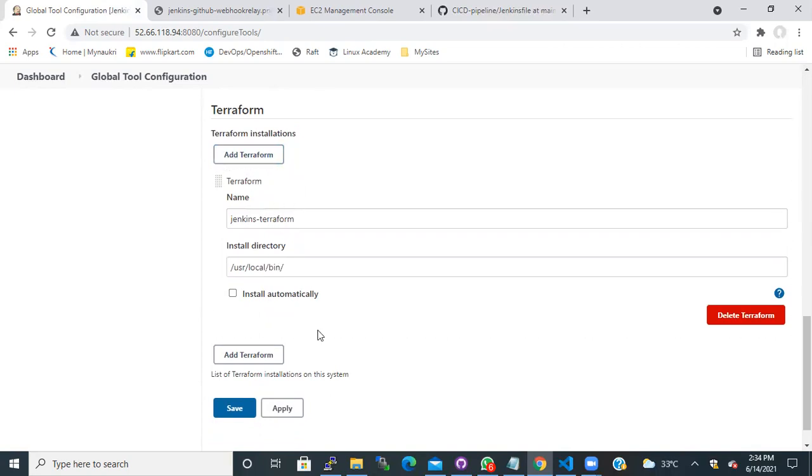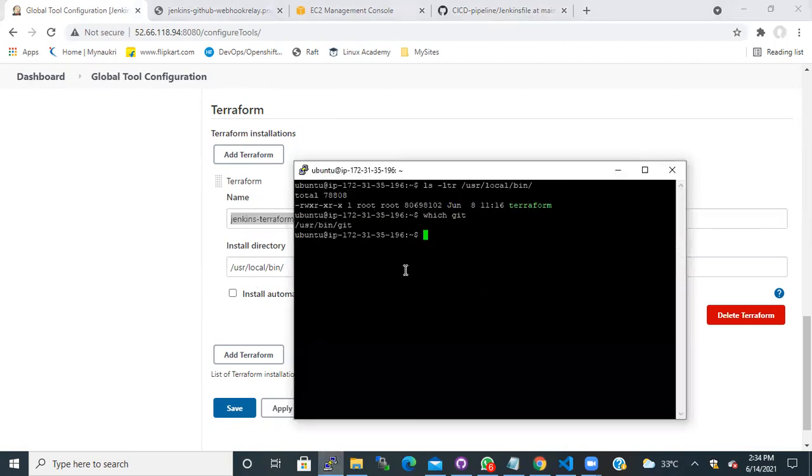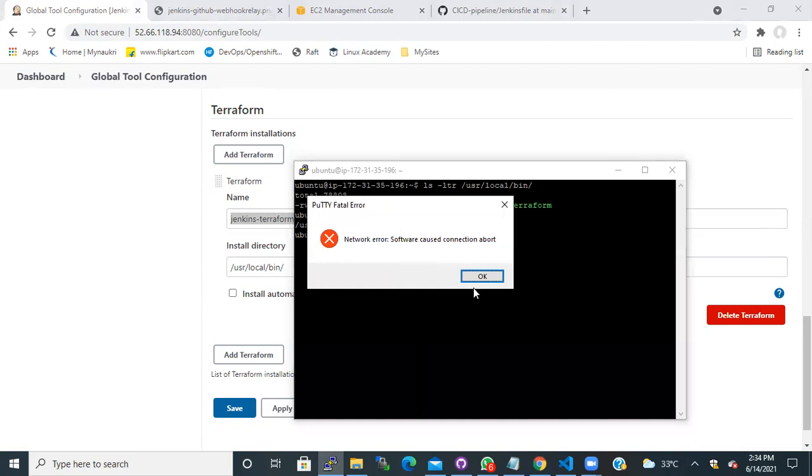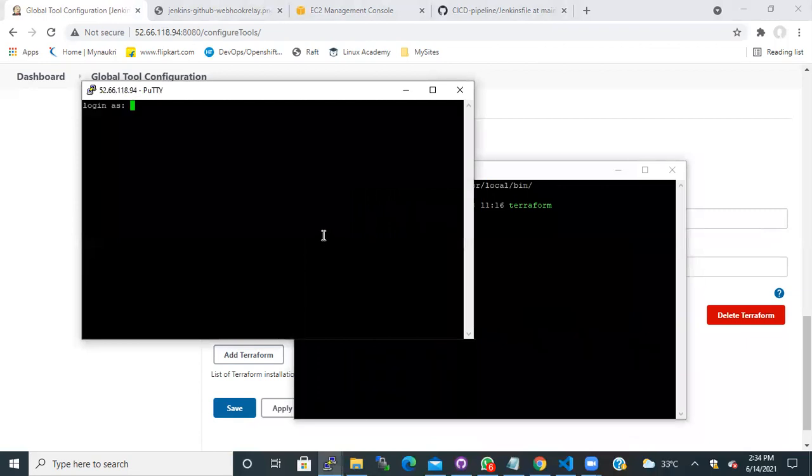In my case, I've already done this for my previous projects, which is why you see Jenkins Terraform, the name that I have given. And then I have the installation directory, which I have already mentioned.